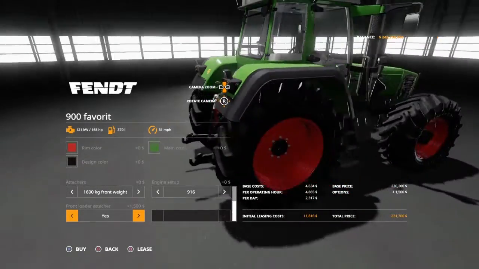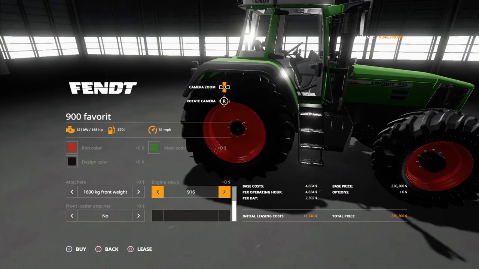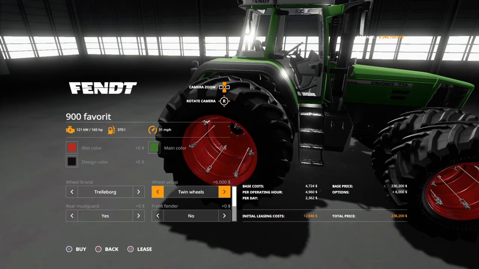Your base engine is 165 horsepower. You can have a front loader attacher on it. So, the 926 engine is a $30,500 option for 260 horsepower. The 924 is a $22,300 option. The 920 is $11,500, and then 916. If you gussy this girl up,